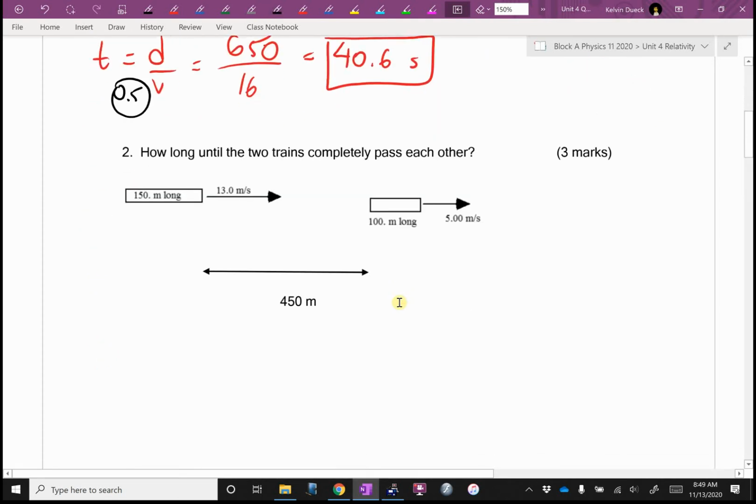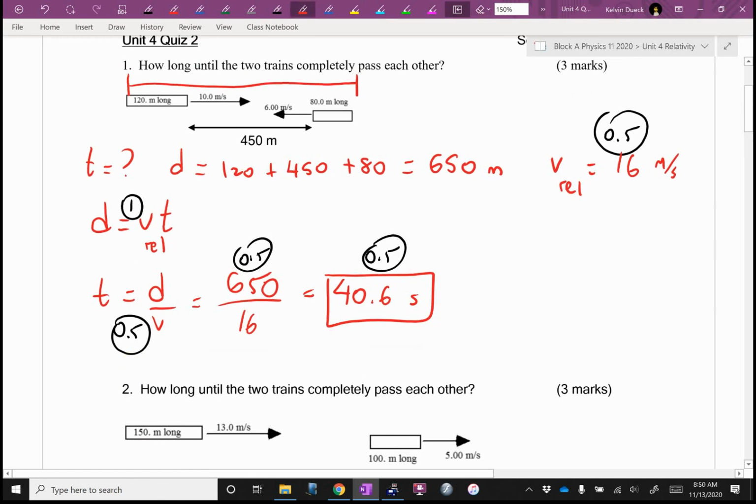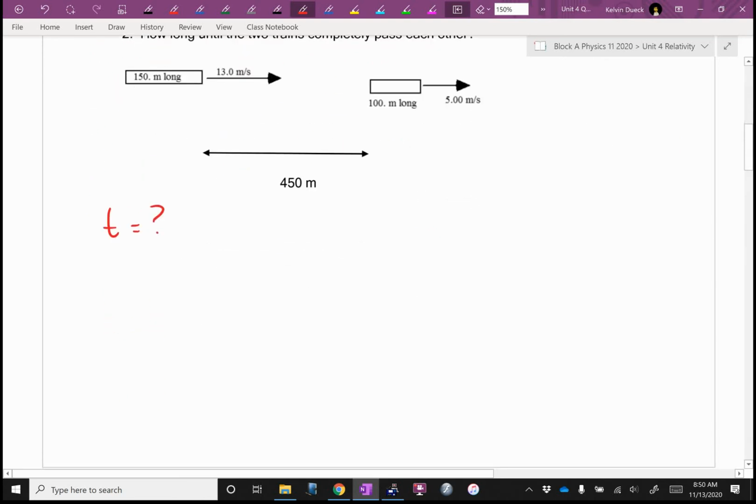Oh, good. Here's 2 in the same direction. It's going to be an almost identical question. Apparently, they're asking me to find T. By the way, could I tell you the time and could you find the distance? I think so. Could I tell you the distance and the time and ask you to find their relative speed? I think so. I don't know if I do on the test, but for what it's worth, it's one of the reasons I've taught you this formula manipulation shtick: once you know how to do it one way, you can solve for whatever. I think the distance is going to be